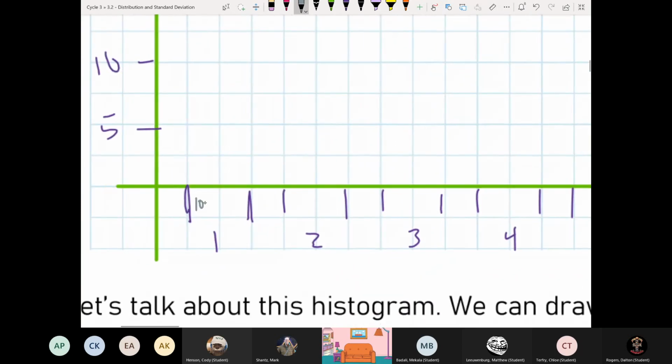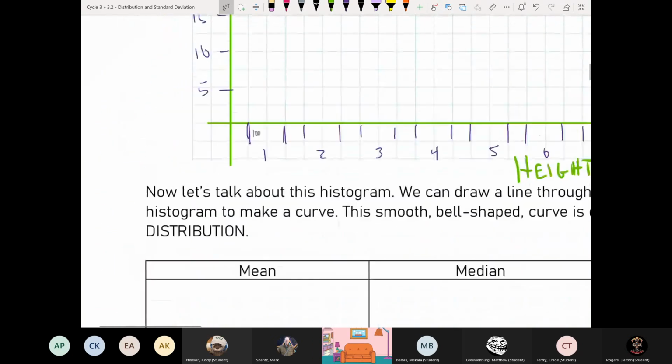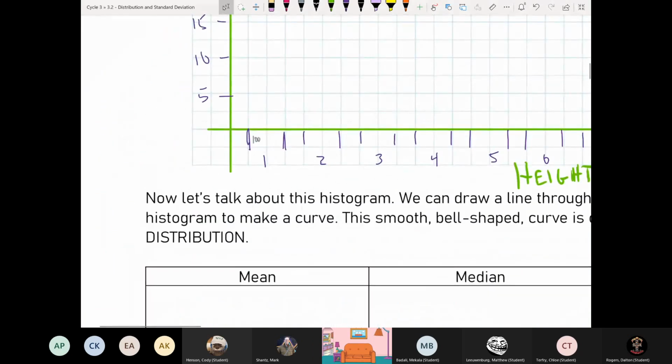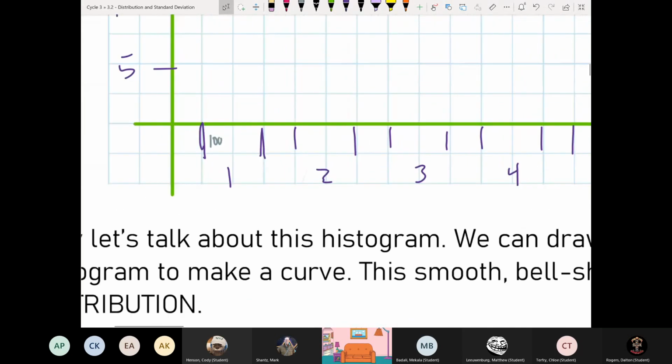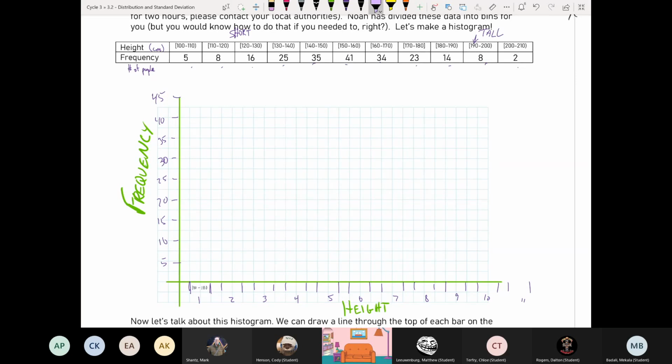So this was, I think, 100. Is 100 to 110? Yeah. All right, so we can see how the groups are right here. So I'm going to do this very quickly. So this goes to 5,